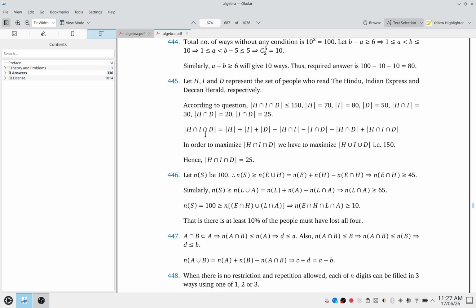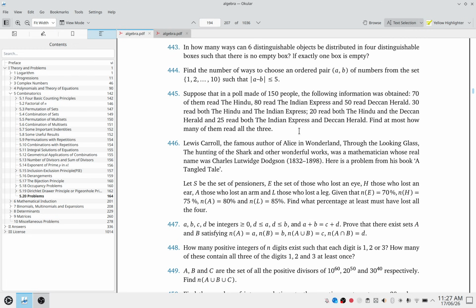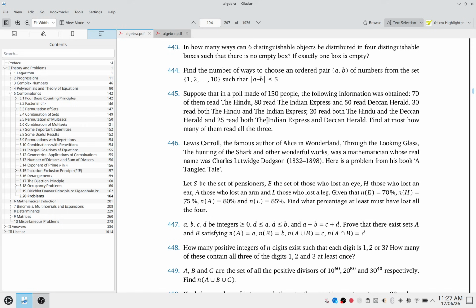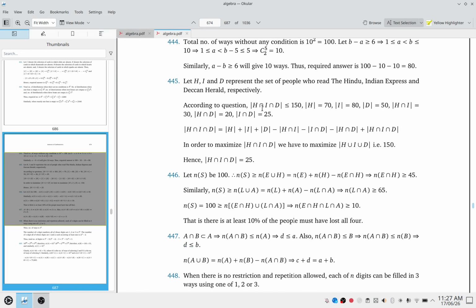So we compute this. It should be union, not intersection. This should be union actually. So we compute the union here, and in order to maximize this, we have to maximize union, that is 150. Also, there is something wrong here, okay? This is union, okay? This is not intersection. The total number of people given is 150, okay? So this should be union, and this should be union, and to maximize union,